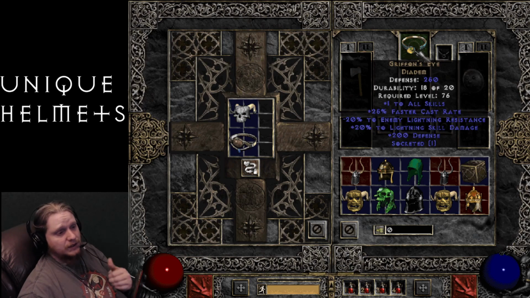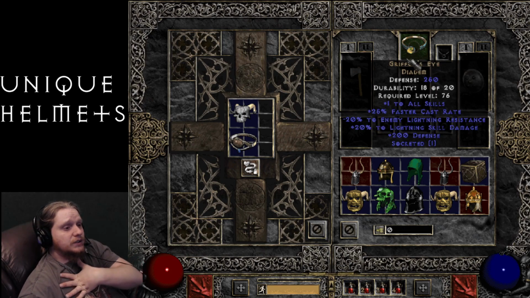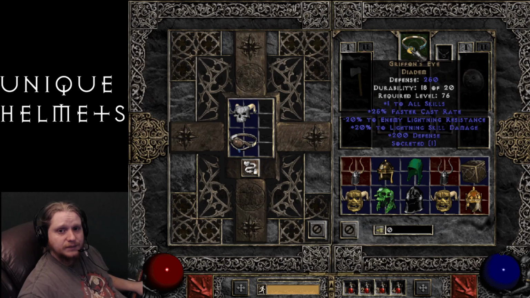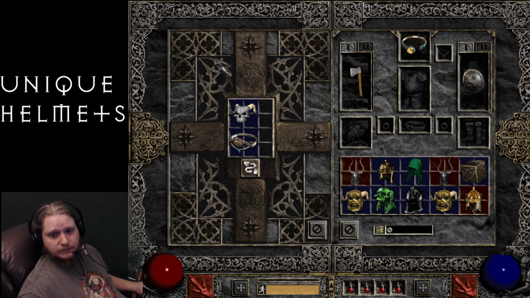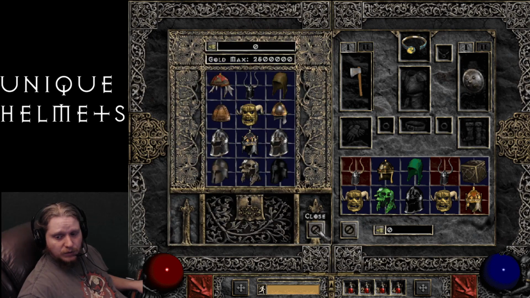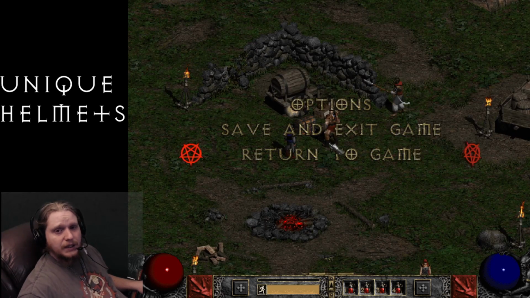You could work this build in this tiara into a Tesladin build, a lightning sorceress. You could work it into a Javazon. You could probably even work it into a trap assassin. Now that covers all of the helmets that are wearable by pretty much everybody in the game, and we're going to move on to the next set of helmets